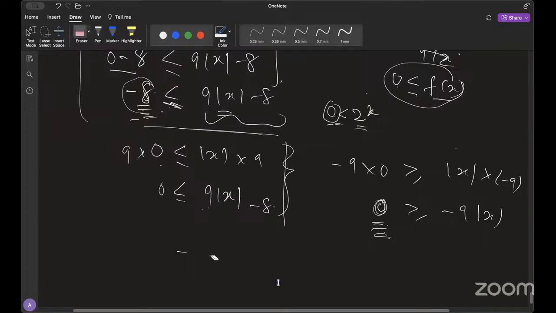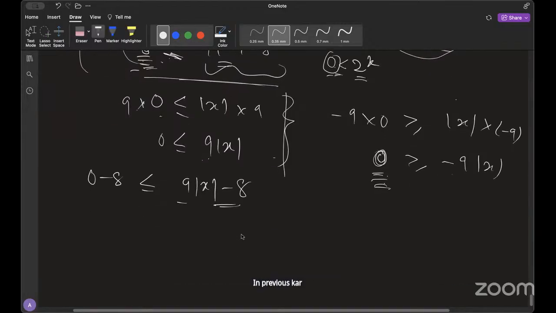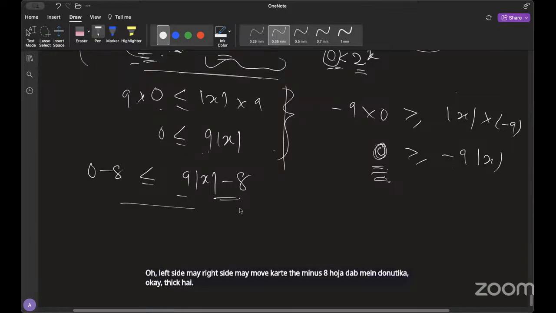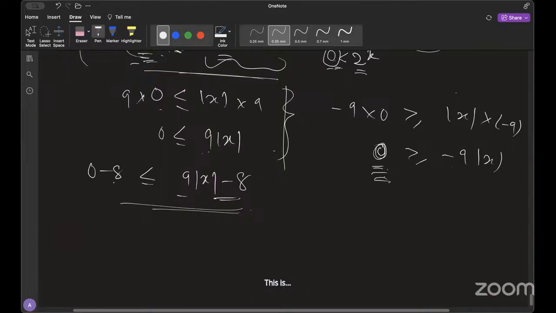I have subtracted minus 8 from both sides of the inequality. This is what I've done. मैम यही कंफ्यूजन थी ना मुझे, मतलब इन प्रीवियस वो लेफ्ट साइड में राइट साइड में मूव करते तो -8 हो जाता, आपने दोनों तरफ लिखा था. ओके, ठीक है, आई कैन अंडरस्टैंड मैम. ओके, यस मैम. So you can add or subtract any number on both sides and